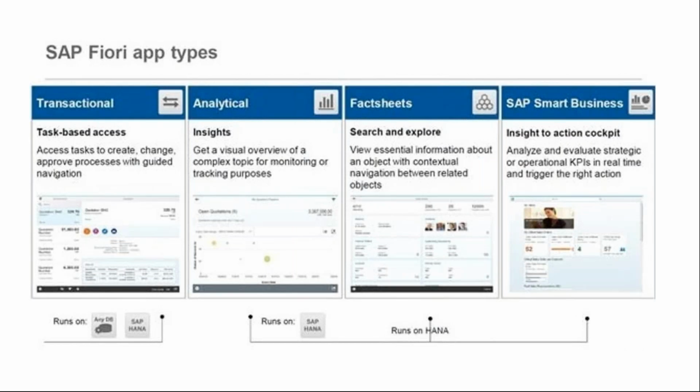Okay, then coming to the Fiori. As I told you, a lot of Fiori simplifications happened in terms of how the tiles have been segregated. You have your transaction oriented tiles, you have your analytical oriented tiles, and some purely on analytics. So in real time, you get all the information in terms of the graphs, the historical information, plus your bar charts, pie charts, depending on the way you want the graphs to be shown.